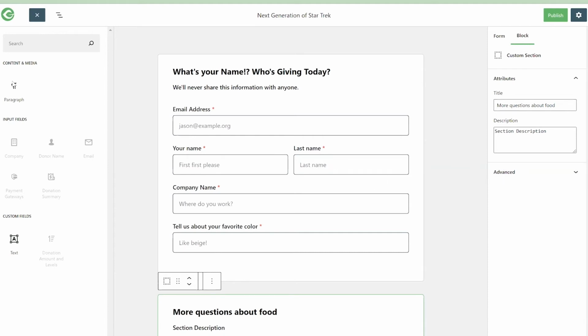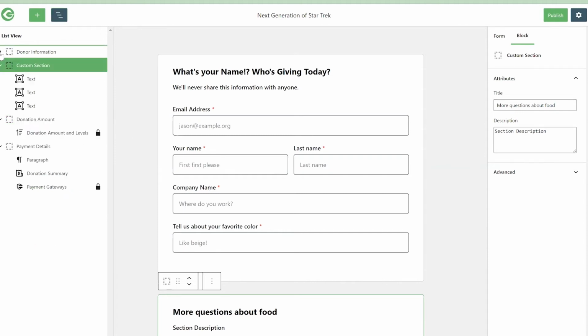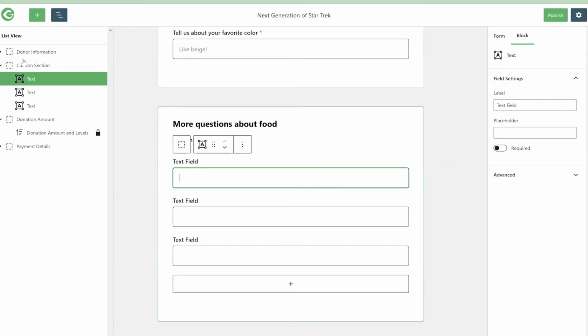Cool. So another feature of Gutenberg that is really useful, especially if you have forms that get really long or complex, is this list view navigator over here. Generally speaking, we find that our forms are really broken up into three major sections: donor information, donation amount, and payment details. You can see there's also that custom section. And if you need to find one particular thing, you can use this list view to easily navigate through